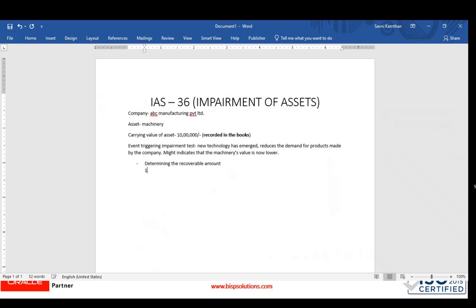First, we have understood that FVLCD, which is fair value less cost of disposal, is the amount ABC could sell the machinery for in the market after selling cost. And value in use is the present value of the future cash flows that the machinery is expected to generate. Okay. So next we will be calculating